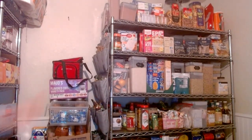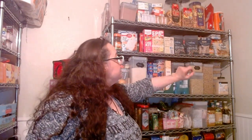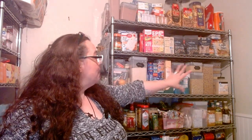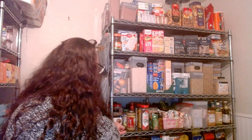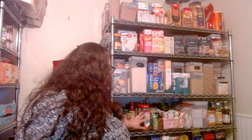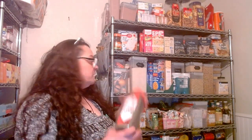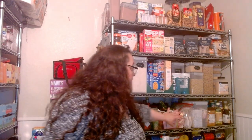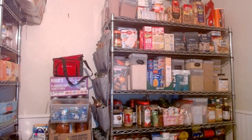Okay, now over to this bigger shelving unit here. We've got some snacks up top, some drink mixes, some cake mixes, wild rice. We've got breakfast cereals, pastas, tuna, mac and cheese, my stash of chocolate. I've got more spices coming in because we are running low on spices. I buy the big containers of spices because I go through so many spices all the time. More condiments, and then down below I had to use a